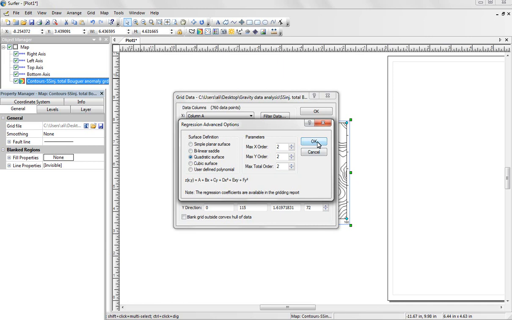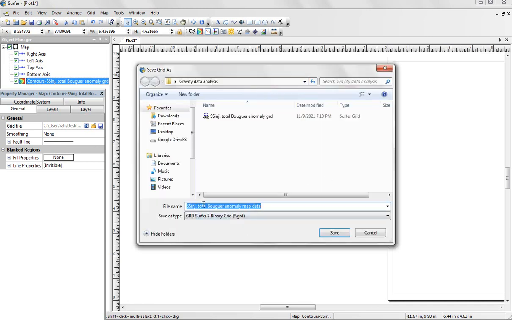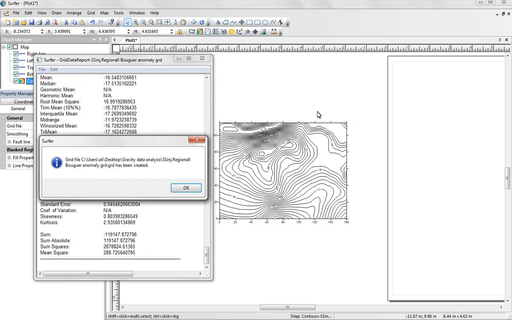Okay, then change the name here and make it regional Bouguer grid, and save, then press OK, and the program starts to calculate and create a new grid for the regional field,